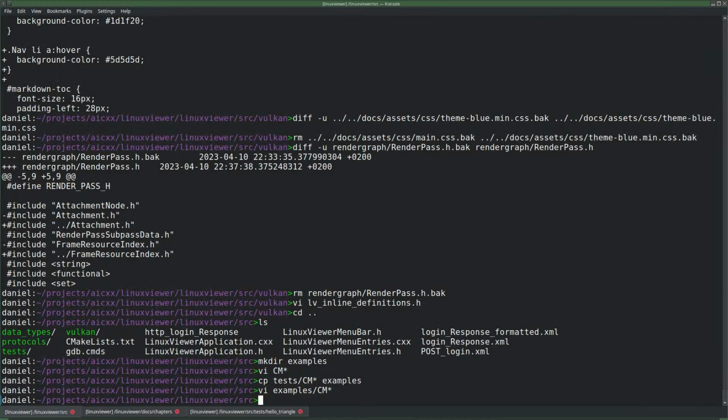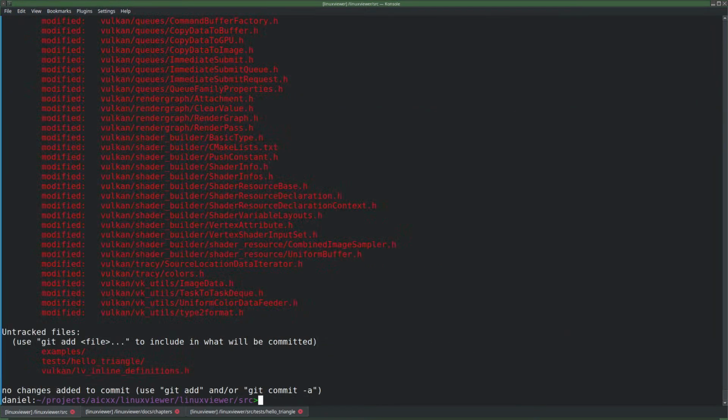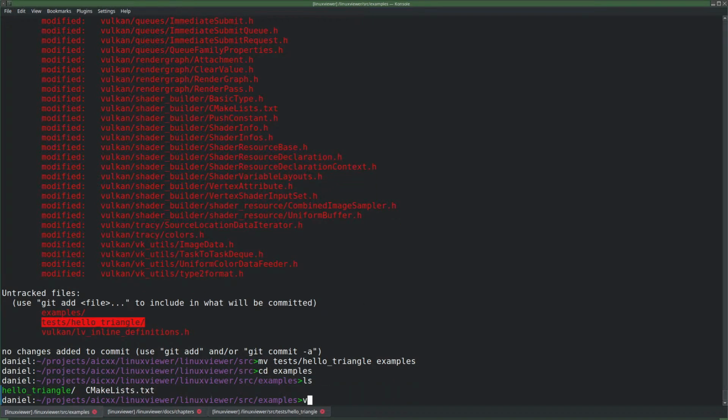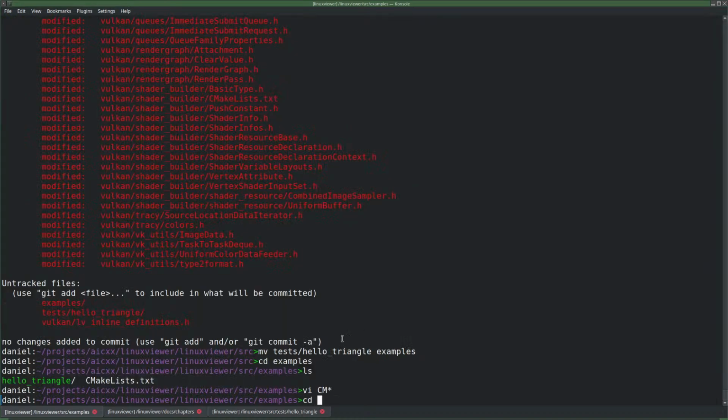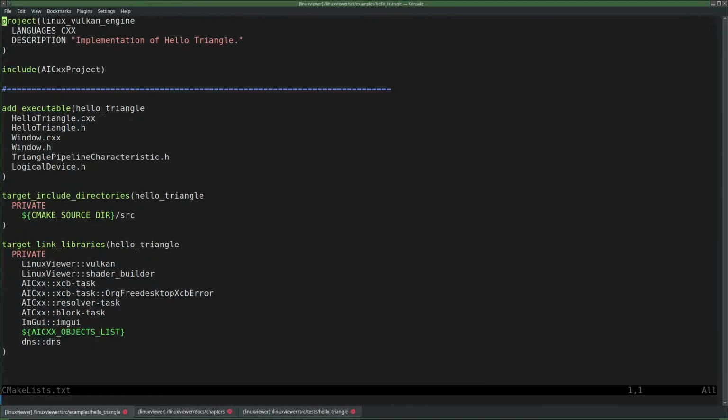Almost empty. And I can just move this from there to examples. And then things should already work, shouldn't they? Go to examples. Well, this is just that, and then inside here also have a CMake file, but that didn't change.